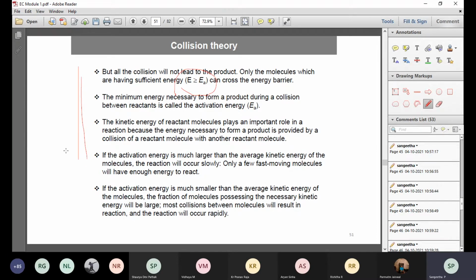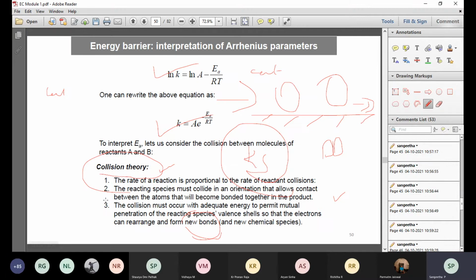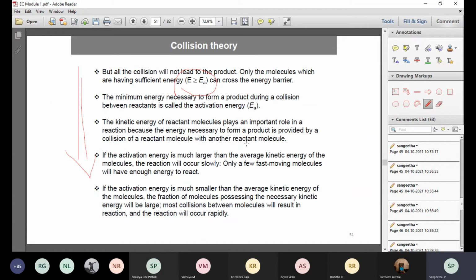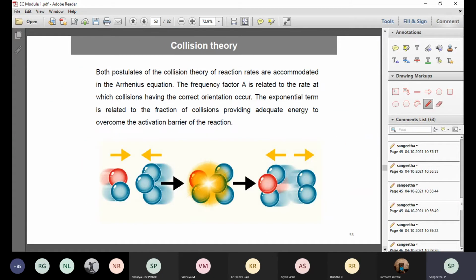Anyway, I'm not going to ask you to write in brief about the collision theory and write down all the points. Maybe some one point I may pick in the middle and then ask you with some diagrammatic representations. Kindly go through in that manner. So this diagram I'll just show you. So you can just see here the collision theory. They were speaking about the orientation. What do you mean by orientation, students? How it's going to orient?